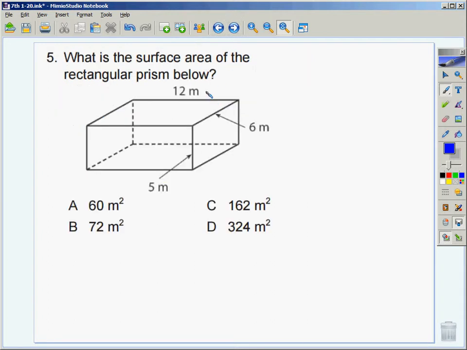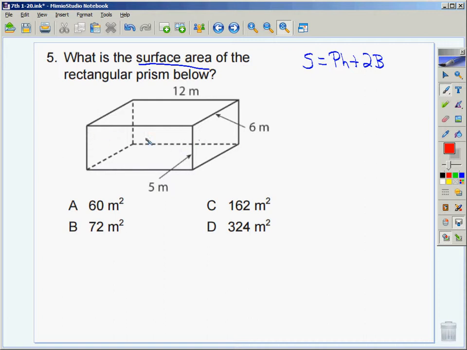Number 5. They're asking for surface area. S equals PH plus 2B. Now, if it's a rectangular prism, it really doesn't matter what I identify as my height, because these two